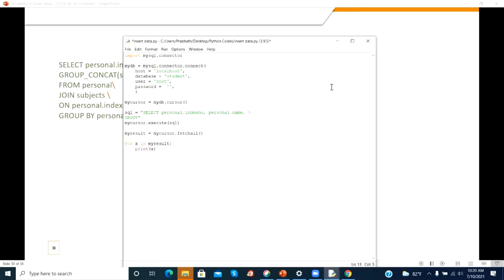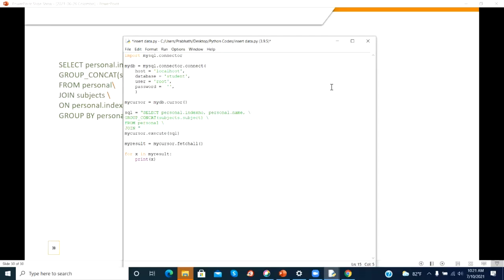Group underscore concat within subjects. The table is subjects and the field is subject. The subject field of the subjects table, from